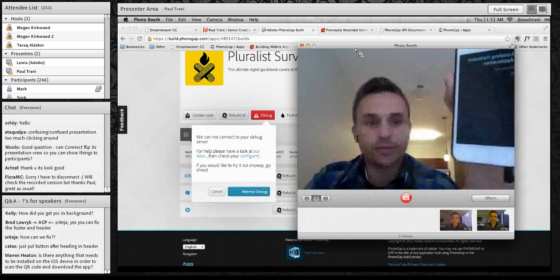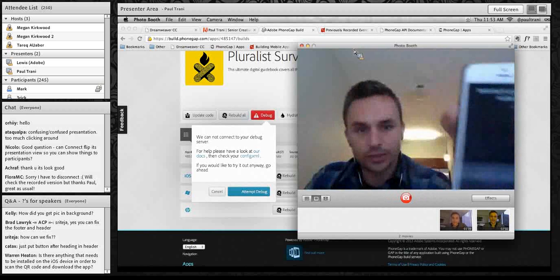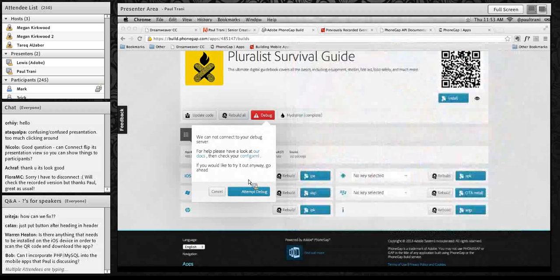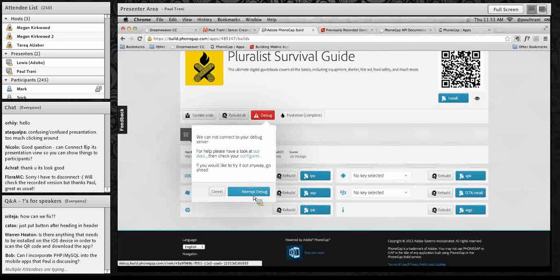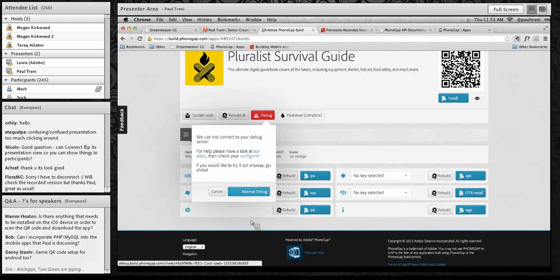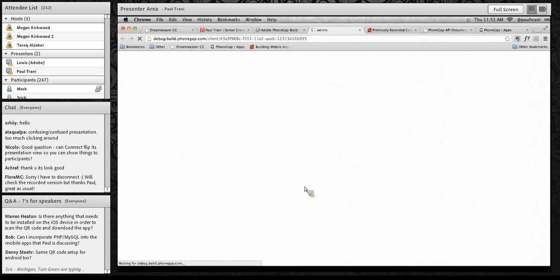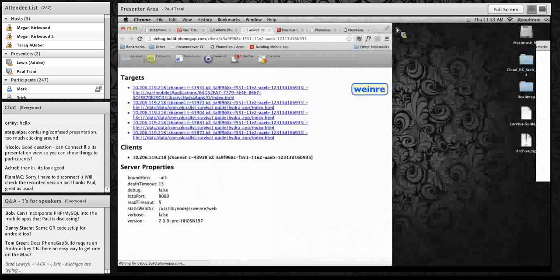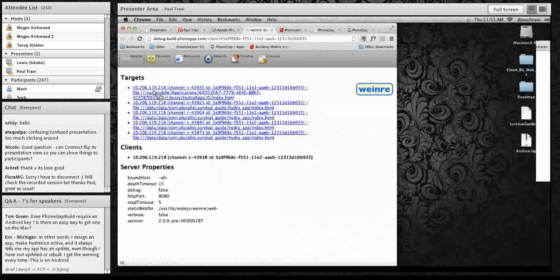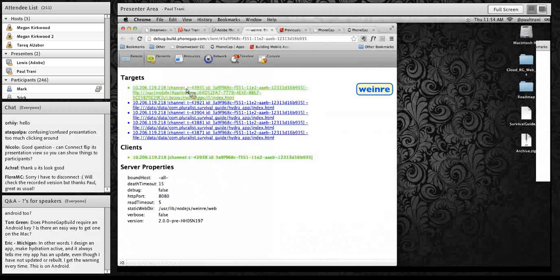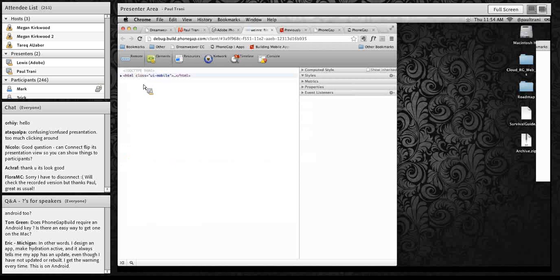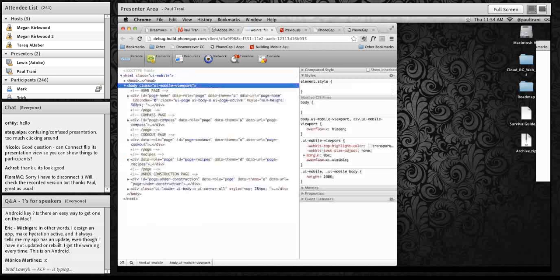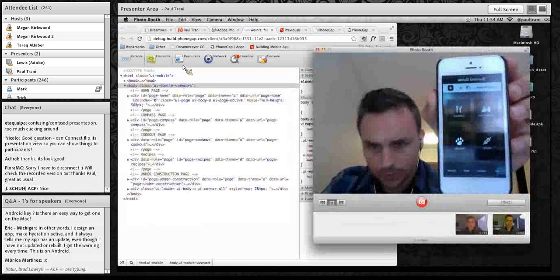And I can debug it. I can try to do this. I have 7 minutes. Again, loading a hydrated application. And I can attempt to debug this and see if it connects. Sure, why not? There we go. It does connect, and I can start to toggle through the different elements for that page. As you can see right here, guys,